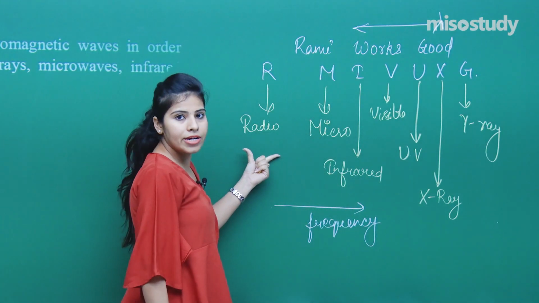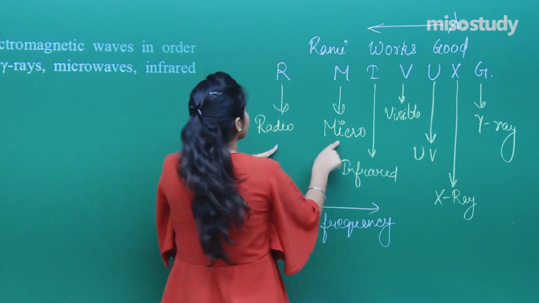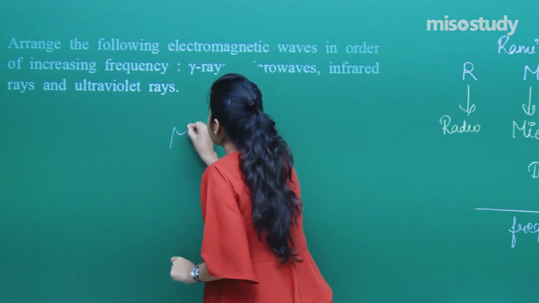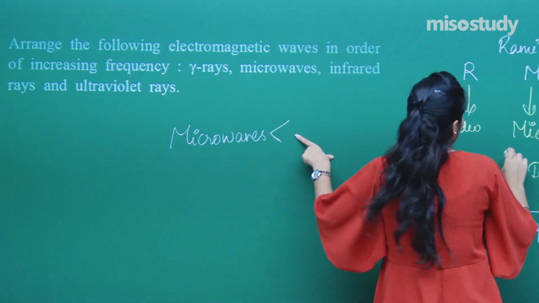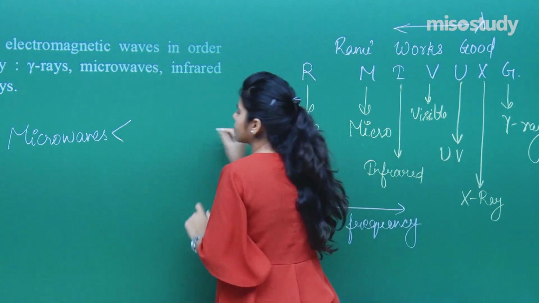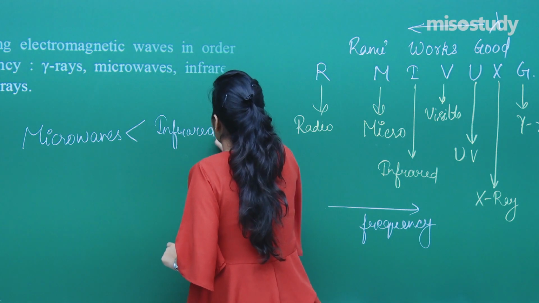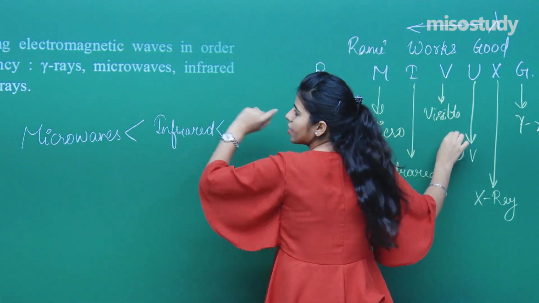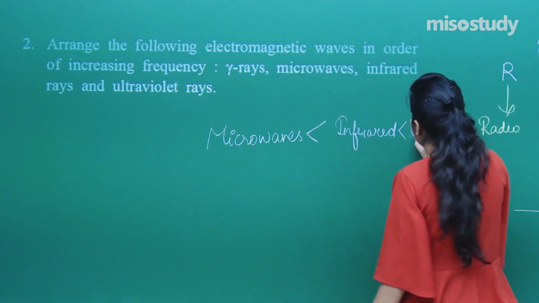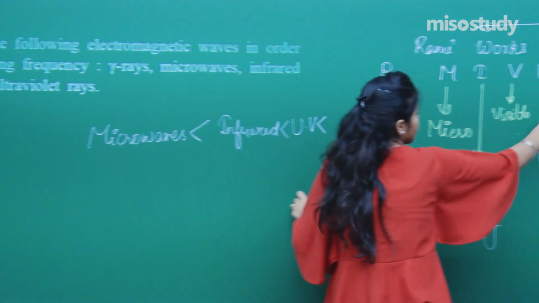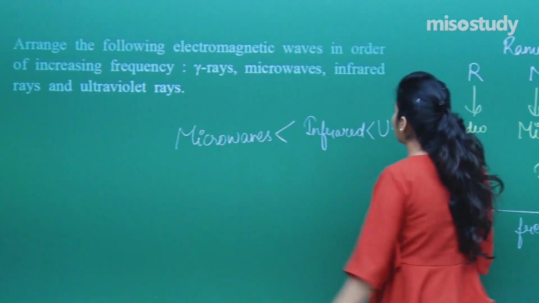So first of all the radio wave, is it available? No. After that we have the microwave, is it available? Yes. See, the answer is first of all microwaves, then after that infrared, available? Yes. So infrared. After that we have visible, any visible ray? No. Then UV, UV present? Yes, UV. Then after that X-ray present? No. After that we have gamma ray and there I can see the gamma rays present.